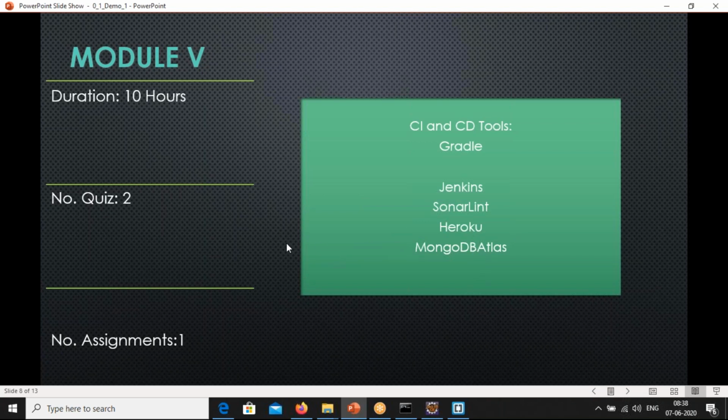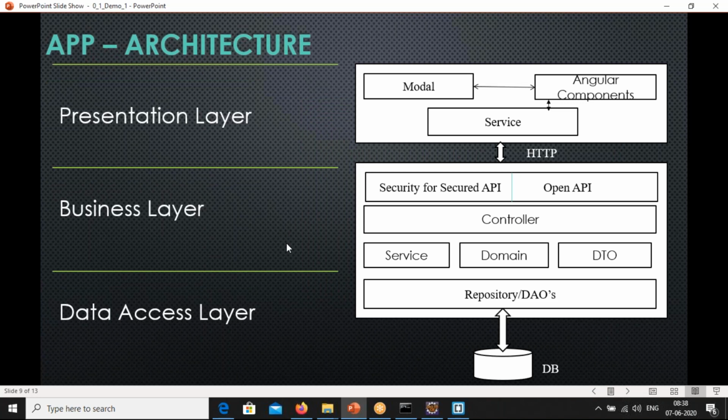The next one is the overall architecture of your application. What is the architecture of my application? How am I going to develop this application? This is what you will be learning about. So far I explained theoretically. Whenever you take an application, you will have a presentation layer, a business layer, and a data access layer. The presentation layer, you can take as Angular, React, or mobile, whatever you take here. This is the presentation layer in your application.